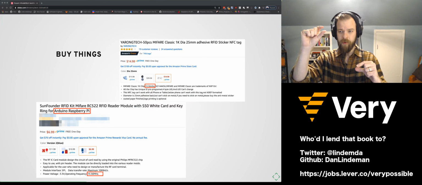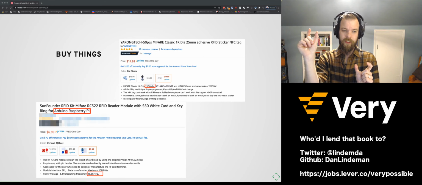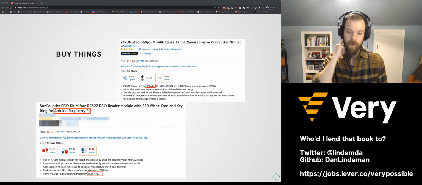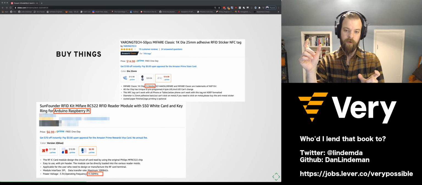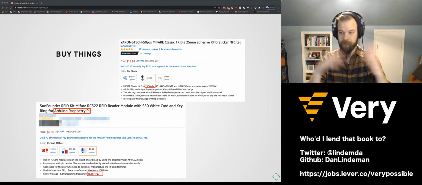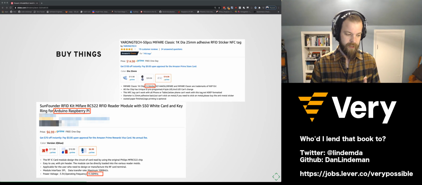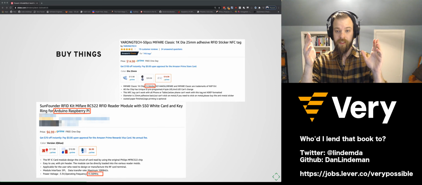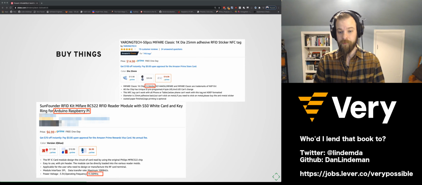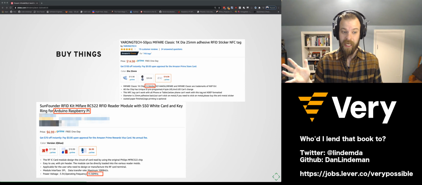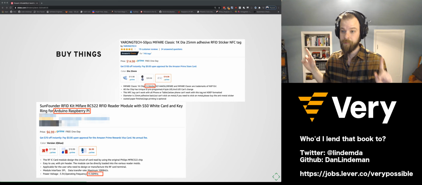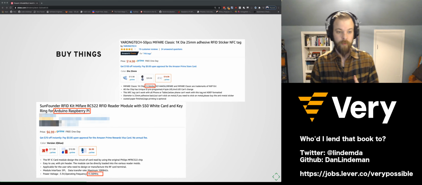So the only thing I was really looking for here was compatibility between the frequency of the tags and the reader. Here I'm using 13.56 megahertz, and so the tags and the reader all do that. Now, I did talk about how Raspberry Pis aren't as accessible as we think, but all in all, even though these prices are a little bit different, I was able to purchase all of this kit for a little over $10. And keep in mind that I bought 2 readers and 50 tags. Most people won't need to buy that many, but I was planning to tag up my entire library back here. So I needed a couple more.